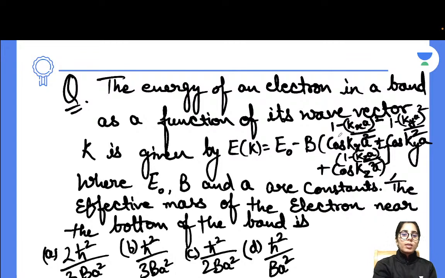It is exactly similar to the first question we have taken, but the condition is different, and that is this time near the bottom of the band, and for that case k will be tending to 0, and we are replacing cos theta with 1 minus theta square upon 2. I hope you're going to get it, but in case there is any doubt, just mention that part. I will be talking about it too. Just let me know if there is any question you have from this part. If everything is clear, I'm going to give you the next question now.